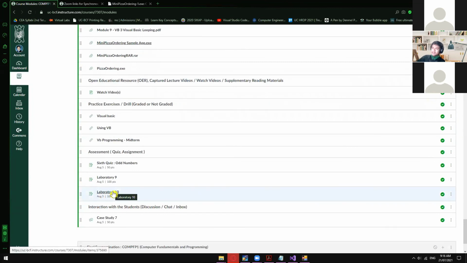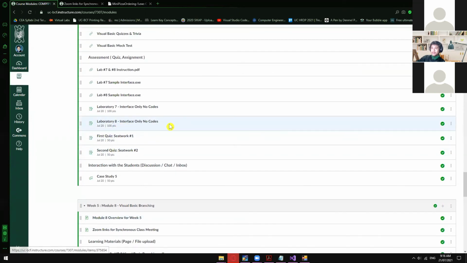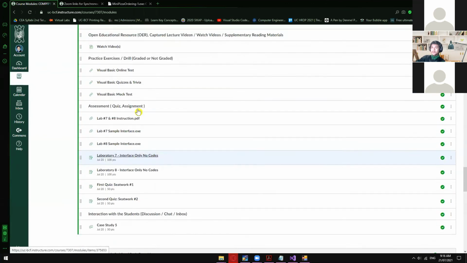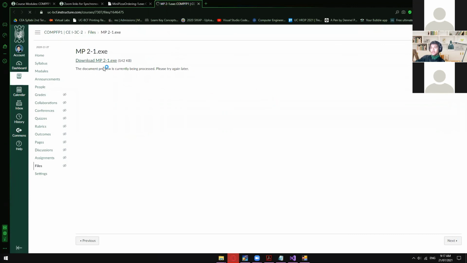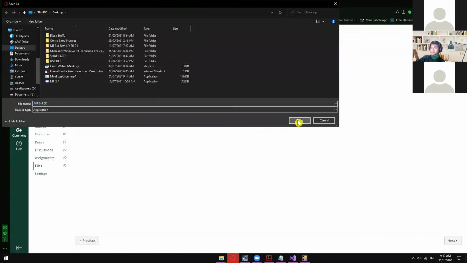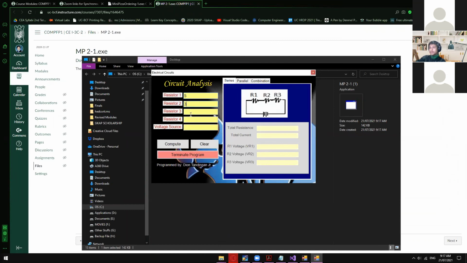Okay, this is now the complete working lab number 8. So before it's just an interface, but in here it is now a complete working program. So you can actually download this one again because this is already a working lab number 8. This is not just an interface. This is MP2-1. So this is already a working